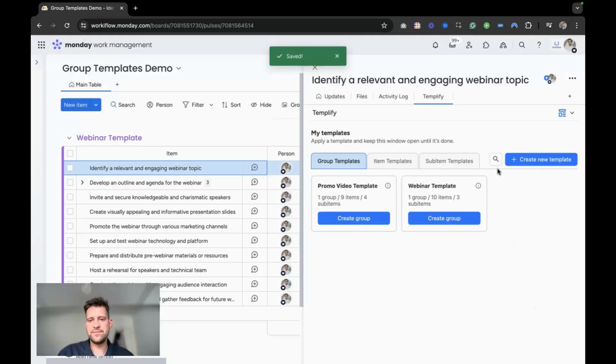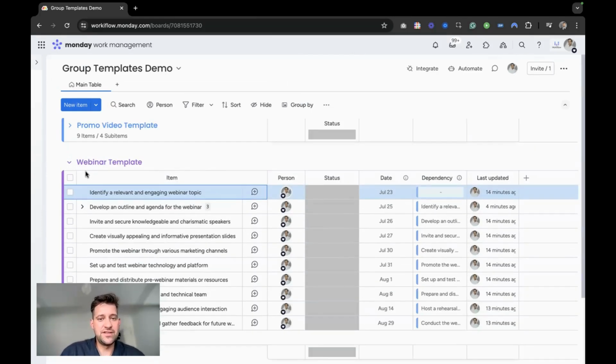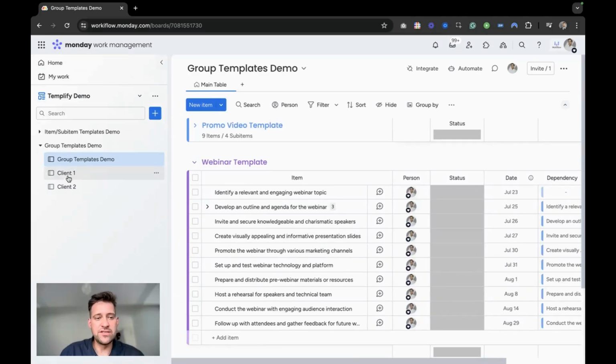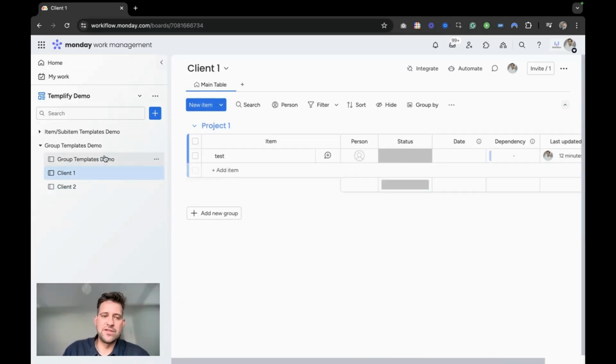Perfect. Now I'll just hit save. Okay, so now we have 2 group templates saved and ready to be used. And let me show you how easy it is to apply these templates. So I've got these 2 client boards, client 1 and client 2. These boards are a duplicate of the group templates board, which means they're already compatible with these templates that I've